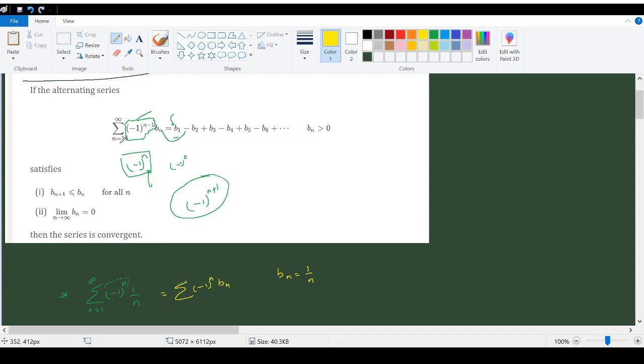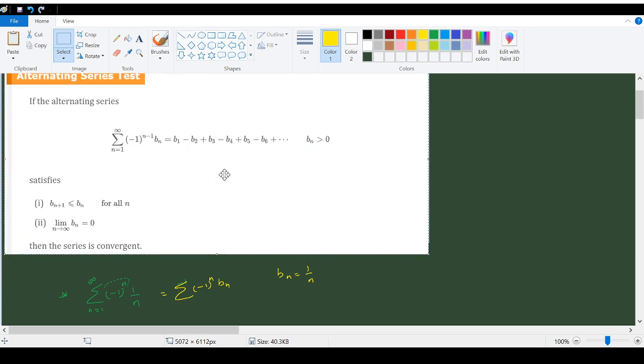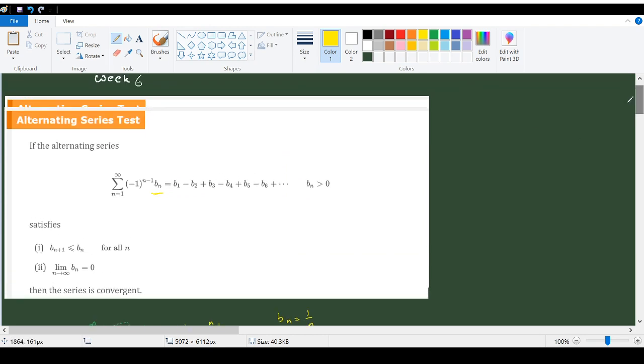That's what we have here. I will delete all these markings so it is easy for you to see. Right, here we have it. Now in this particular example, bn represents 1 over n, because that's how they have written down the original series. And now this alternating series test says that if you have these two conditions,